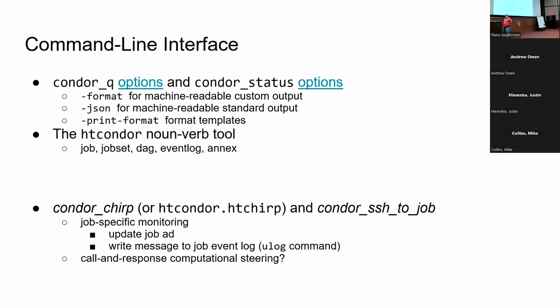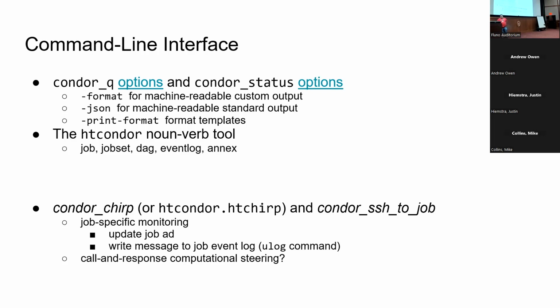TJ wanted me to point out the print format templates. Those can be useful in terms of automating certain reports to your users if you have specific interesting things you want to point out to them because you know stuff about their workflow. They can also give you access to certain aggregation functions that you would normally have access to in Condor Status and Condor Q. I also wanted to call out the HTCondor noun verb tool, not necessarily because it's useful to programmers, automators, and droids,